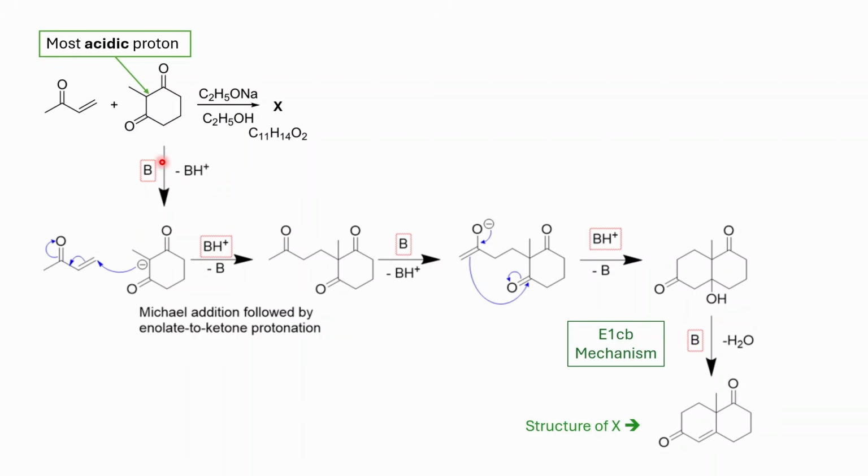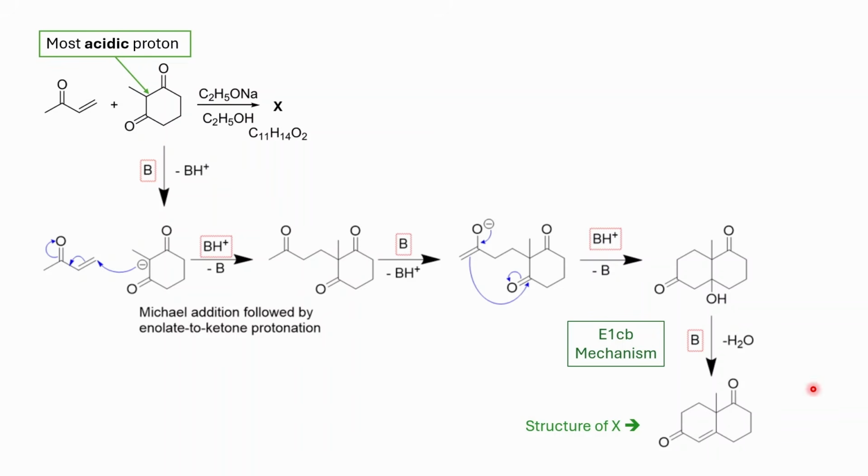here, in every step, takes the proton and leaves as BH+ in the protonated form, and then that proton in the protonated form is used in the subsequent steps. So we use the base, but we regenerate the base, and the water leaves. So that shows that the base here, which is ethoxide, is the catalyst that's regenerated at the end of the